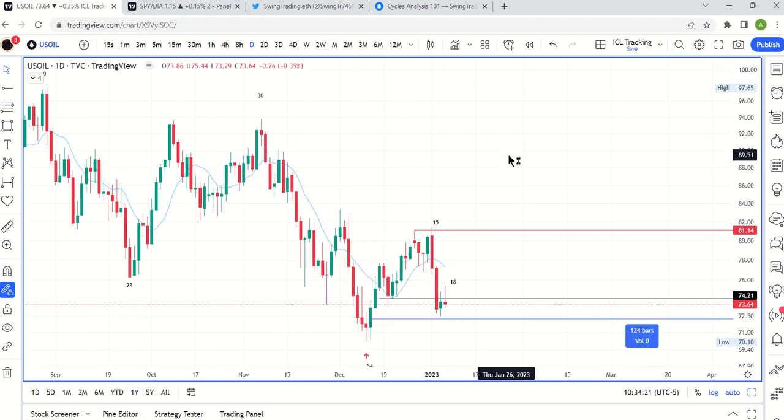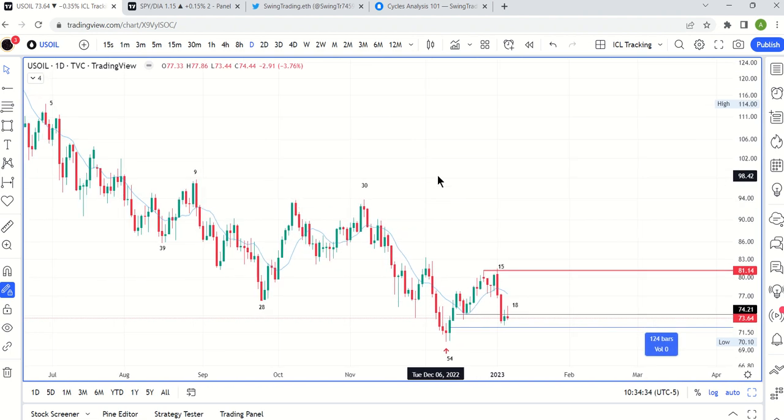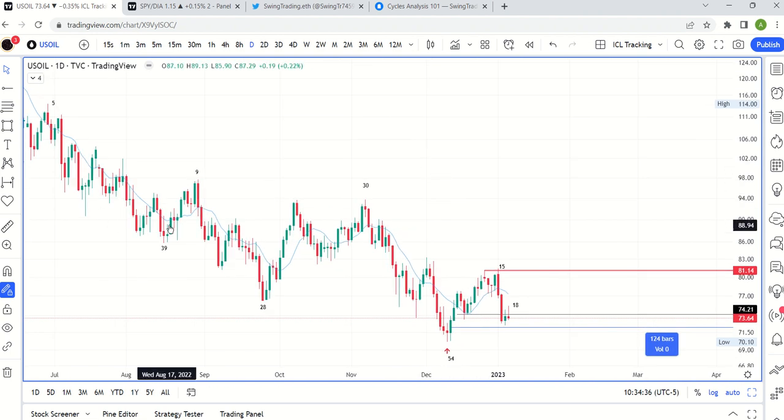And what I mean by that is we're making lower lows and we're making lower highs. That's what a downtrend is, as opposed to an uptrend that's making higher highs and higher lows. And we use cycles to wrap it all up to give us an easy shorthand. So we can say, for instance, in this 28-day cycle, price